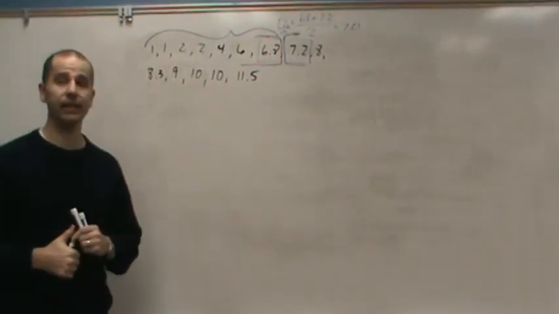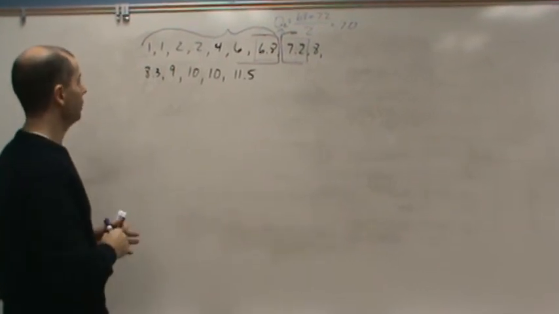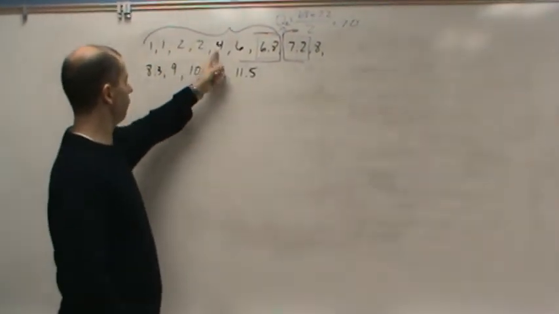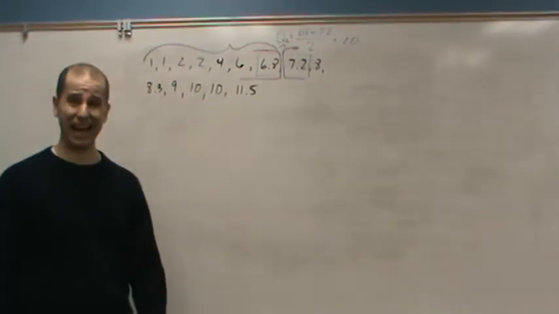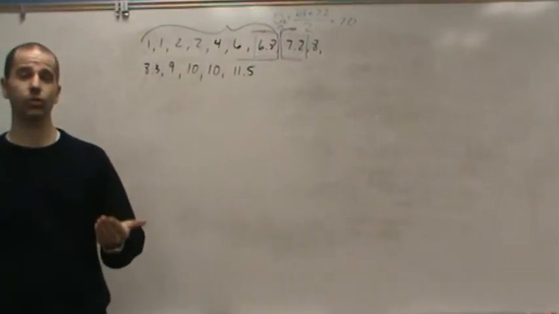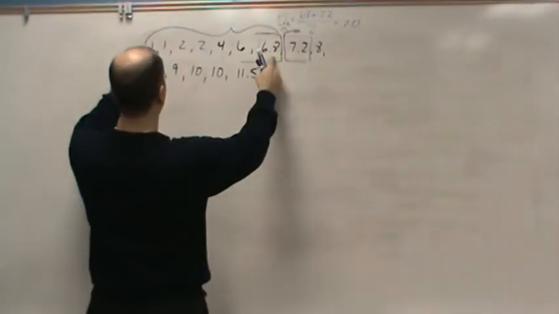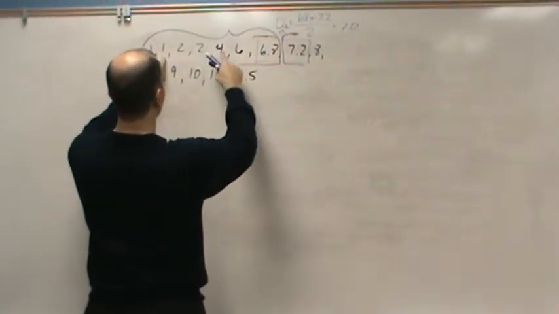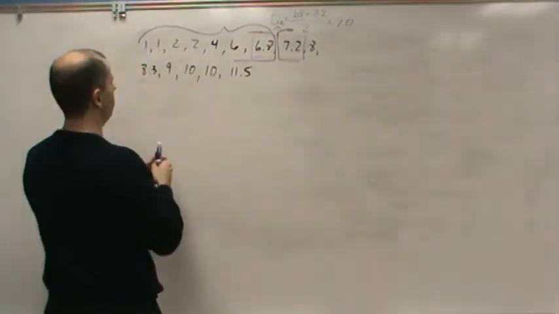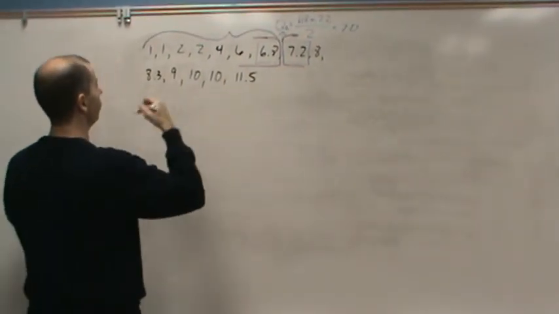What is the median of the lower half? Well, let's count. I've got 1, 2, 3, 4, 5, 6, 7 values. It's odd, so I just have to count to the middle. I've got 1, 2, 3, and that's the middle. So here